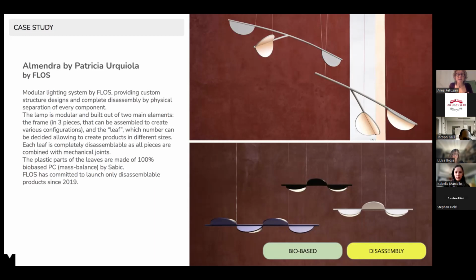And you can either keep on doing the things as you did before and answer this need, or you can take this as an opportunity to rethink the design of products. And in this case, all the products have been, as a primary requirement, designed to be disassemblable in every single detail, which means that